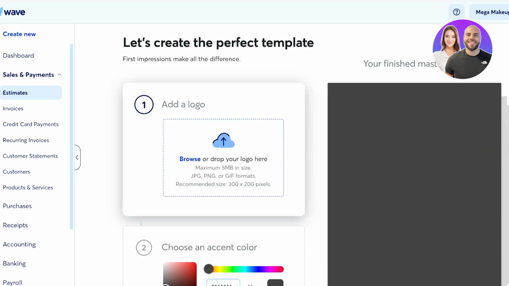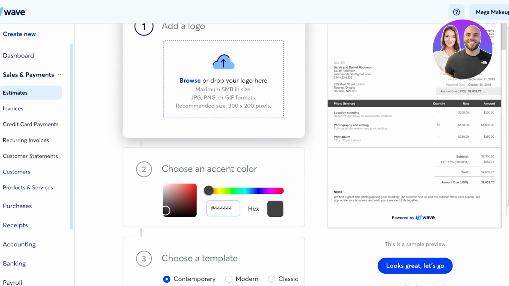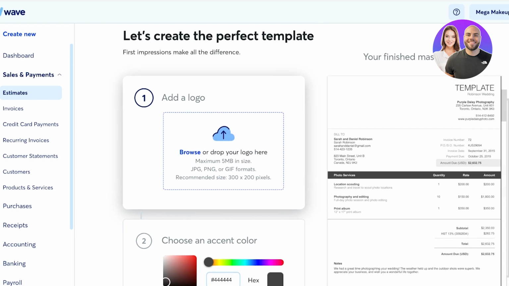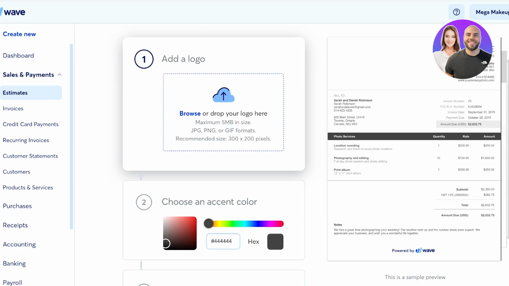So these are estimates, and estimates are slightly different. They are more so quotes that you're giving. And then invoices are going to be actual transactions that you're going to be sending out to people. So charges that you're going to be sending out to people. With invoice and